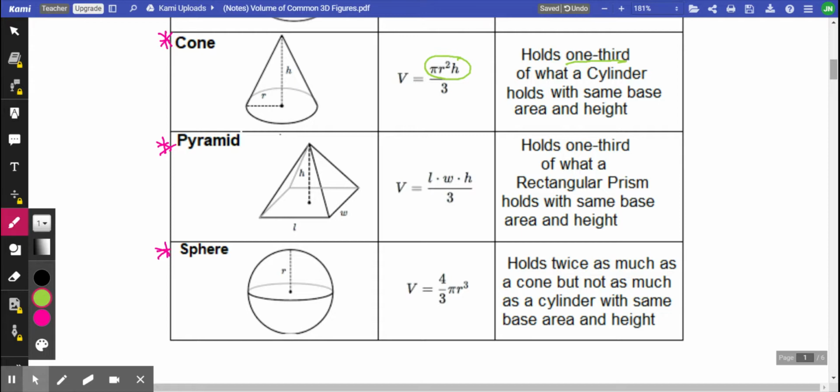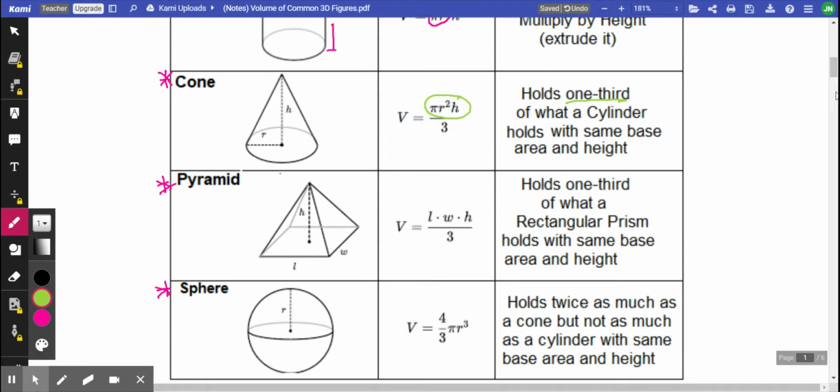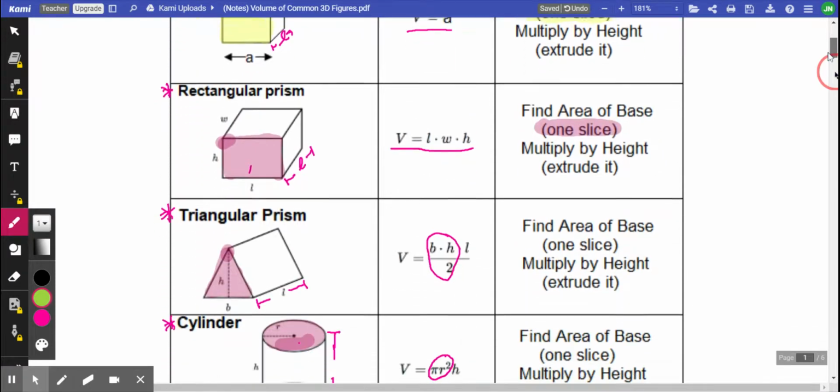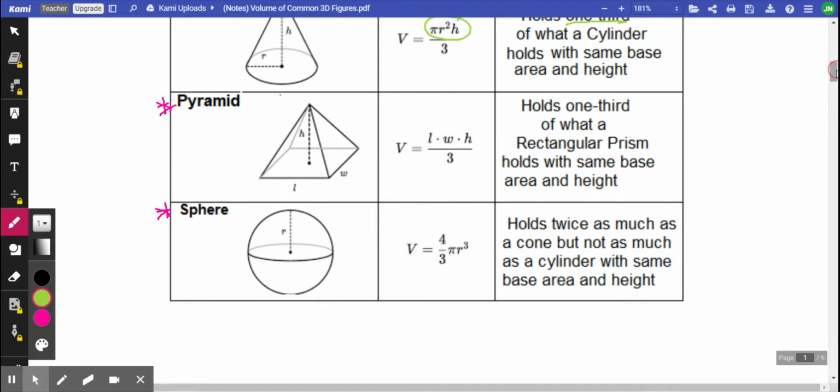Pyramid, same exact thing. A pyramid, and we're going to prove this in class in the future, is basically how much stuff can you hold inside of this thing. Would be the same thing as what you would hold inside of a rectangular prism or a box, right? So rectangular prism is just a fancy way of saying box. So this one right here. The difference is that we're actually going to be taking 1/3 of that also. So a pyramid holds 1/3 of what a rectangular prism holds. So that's where the formula comes from. So rectangular prism is just base times width times height, right? So L times W times H, but you take that and divide it by 3. So that is a rectangular prism, and that's how it relates to a pyramid with the same